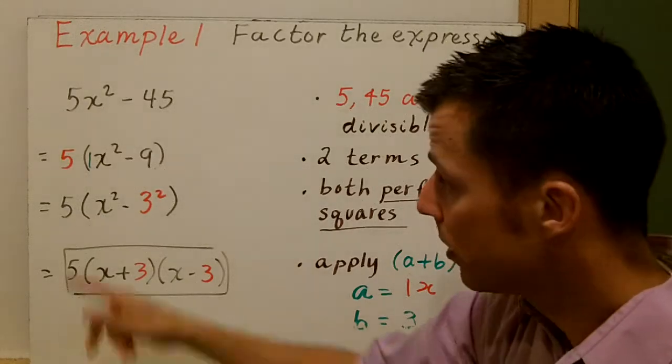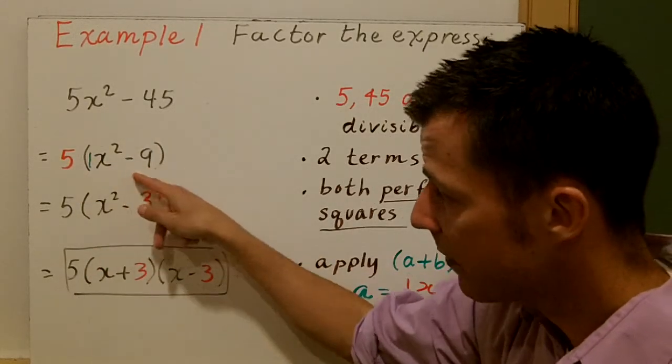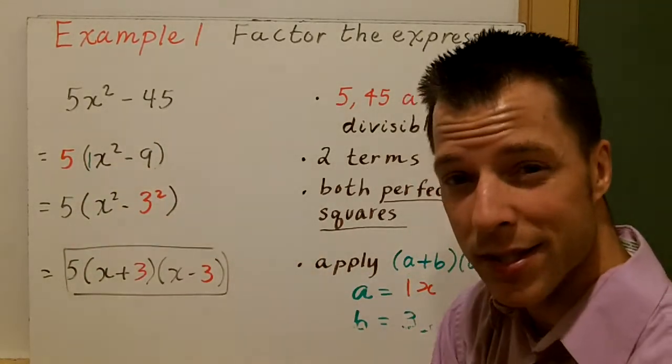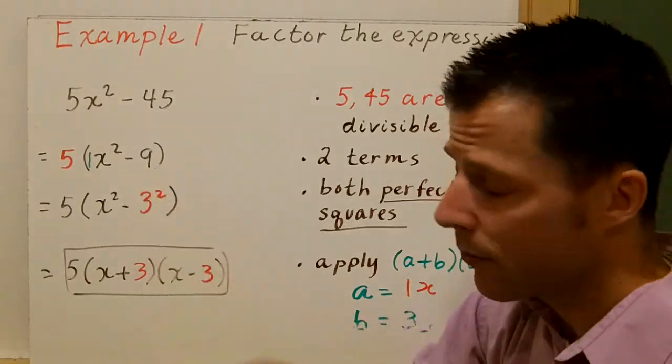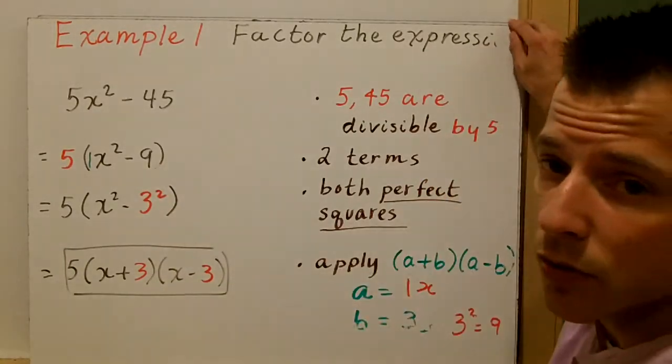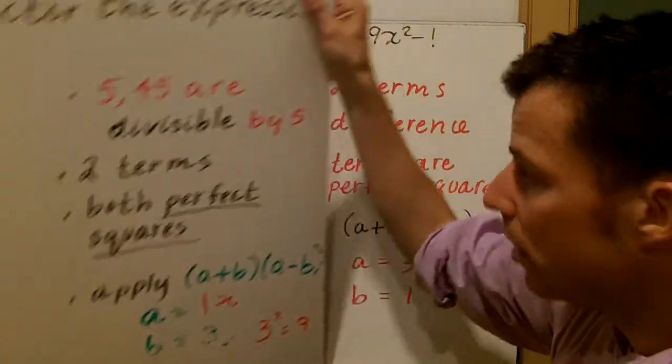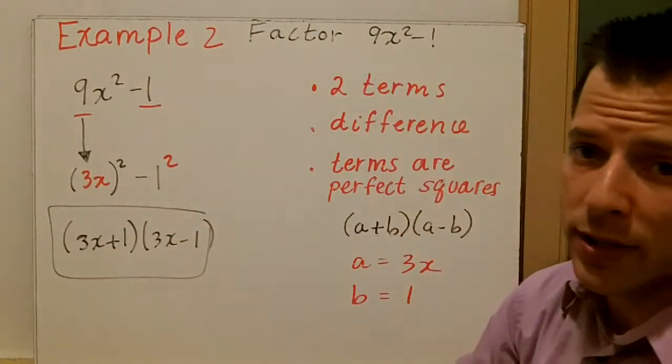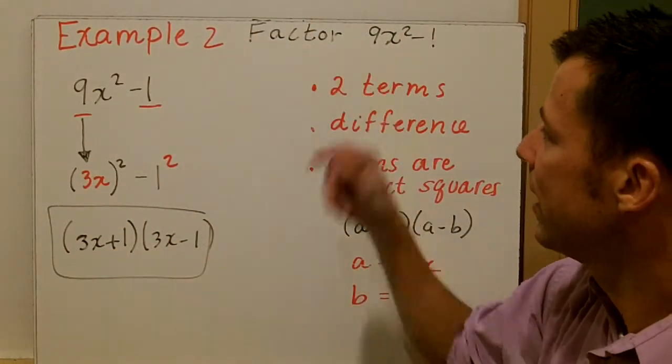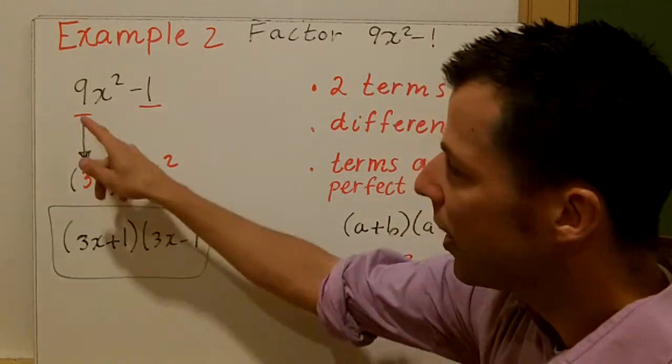and I factored my binomial here, two-termed expression. So I factored out a 5. Again, always look in parentheses to see what you can do, and this time we can apply the difference of two squares pattern. In the second example, we notice that we have factoring 9x squared minus 1,